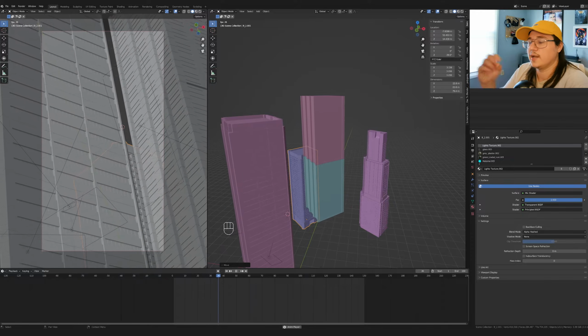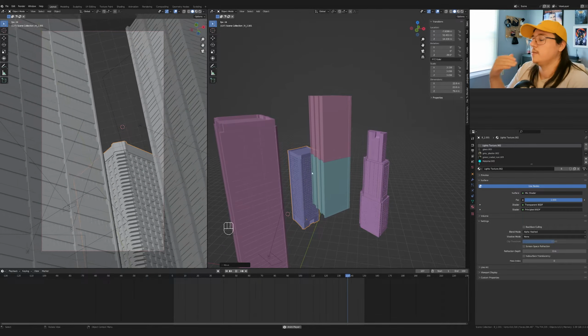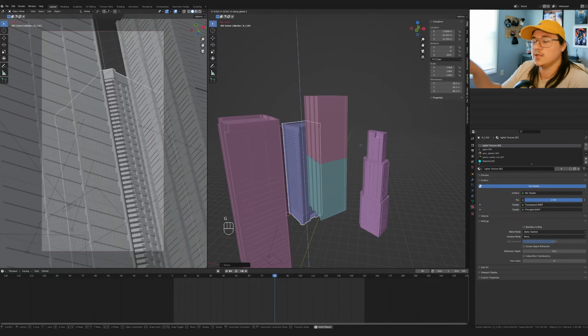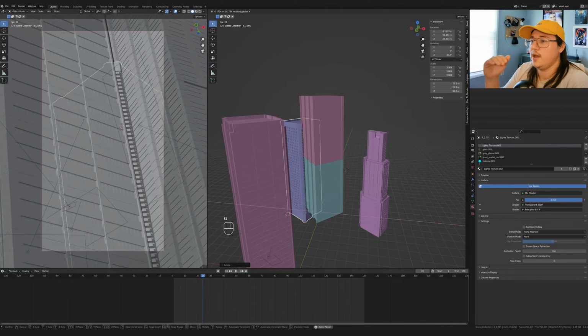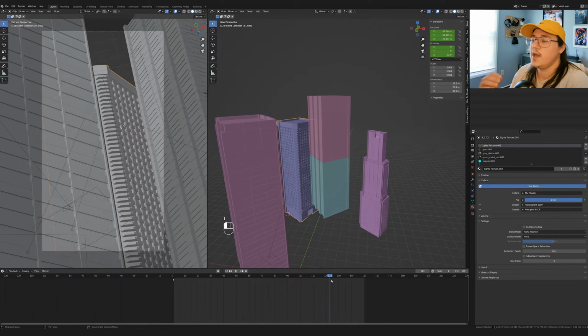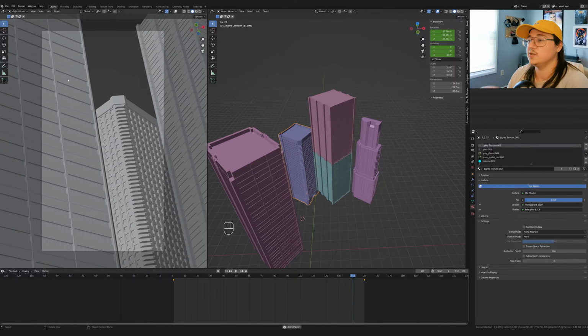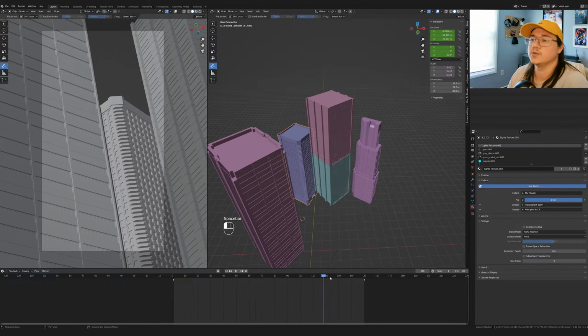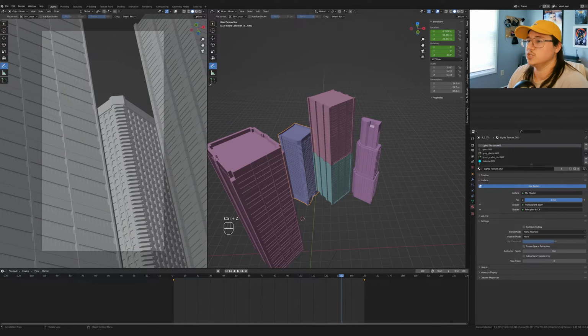At this point, I kind of have the main elements of what I want, but I'm just watching the animation on my second monitor and having this animation just loop back and forth over and over again. And that's really all I'm doing. It's just a lot of this fine tuning, this tweaking of what looks right, what feels right. And it's purely just going off of